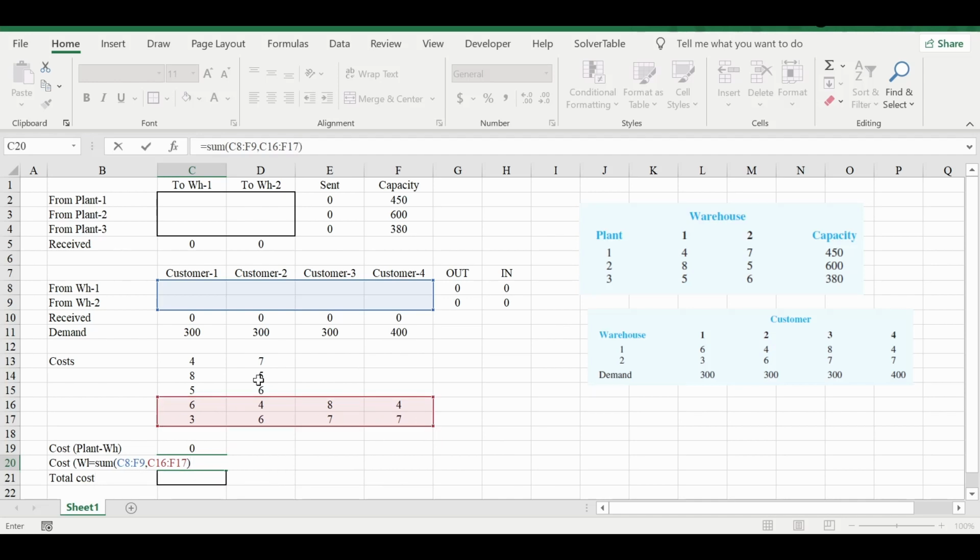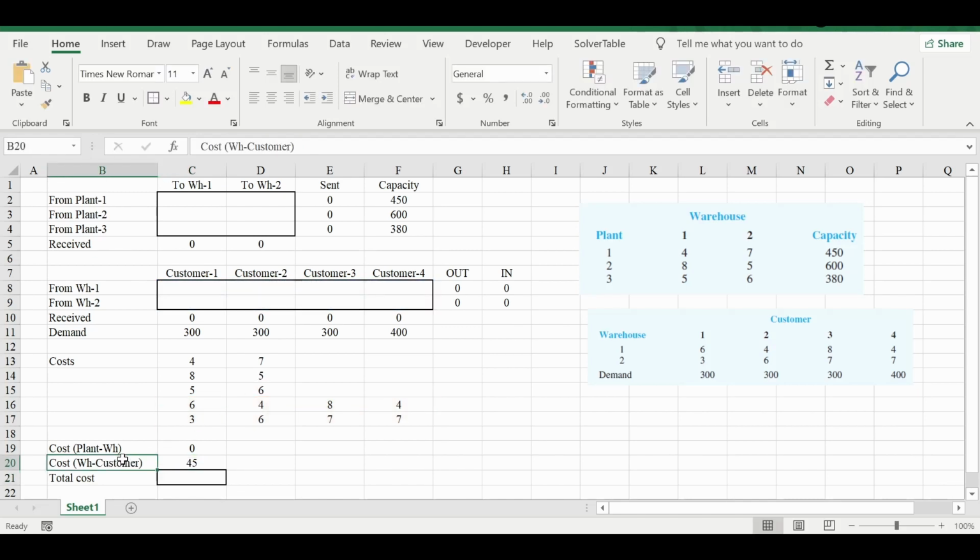I am doing the sum products for the corresponding costs. So for example, this is the cost of movement from warehouse to the customers. So I am doing the sum products between these decision variables and these cost figures. So these are the two costs.